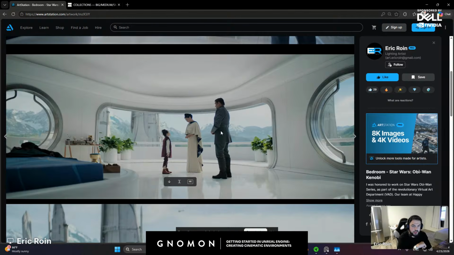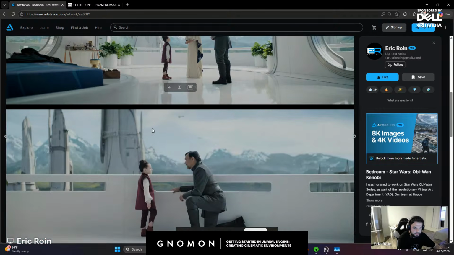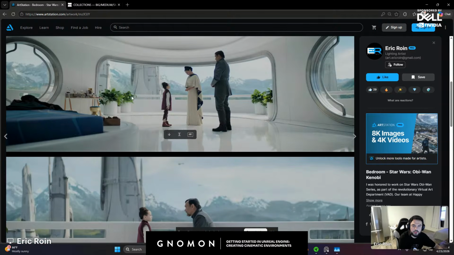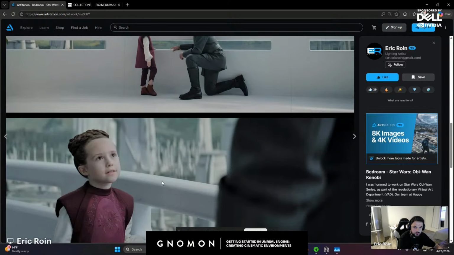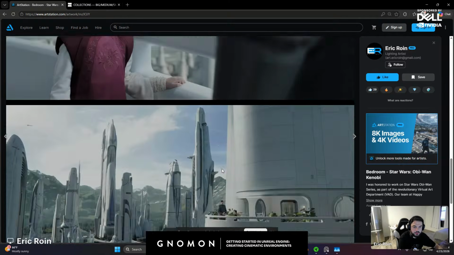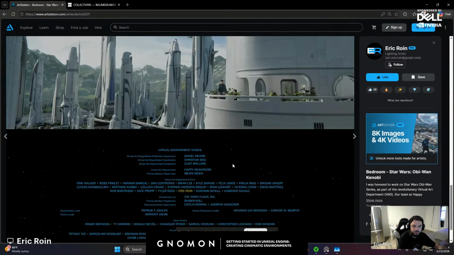Building in 3D can be expensive, but building practically can be dramatically more expensive. So sometimes it's a good point for directors to go in and use game engines to previs their environments, even though they're not using any kind of VFX. Obviously, in this case, all the backgrounds are CG, and then the actors and all that are practical.